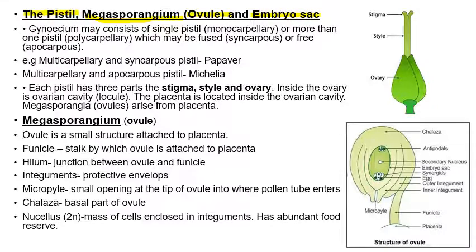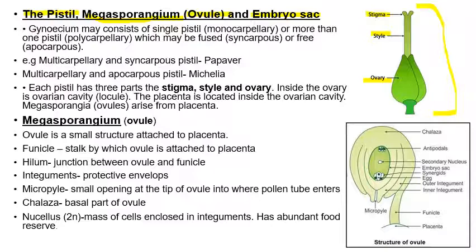So here we'll discuss the structure. This is called a pistil, and pistil has three parts. The lower part is called ovary. It is the lower swollen pitcher-like part that has ovules. The second, stalk-like part is called style, which gives passage to the male gamete, and the upper part, the receptive spot, is called stigma.